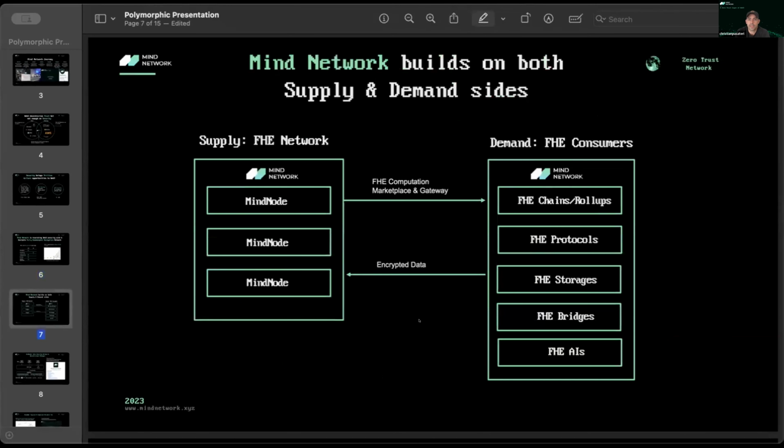And so what we're doing to break into the market, like I said, we're one of the first tokenized FHE projects. There are several others that are really worth looking into, like Phoenix and Inco. But what we're really interested in doing is showing the market, showing users all the different applications. So we have an FHE computation network, which is the supply side that you see on the left. But we've also started launching our own DApps to help with the demand side, to help bootstrap the